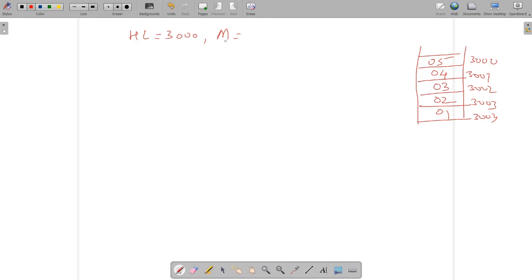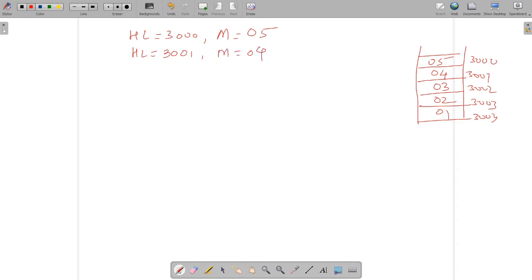This memory pointer contains the data whose address is stored in the HL pair. So M will have the data 05. Similarly, if you increment the HL pair to 3001, M will have 04.